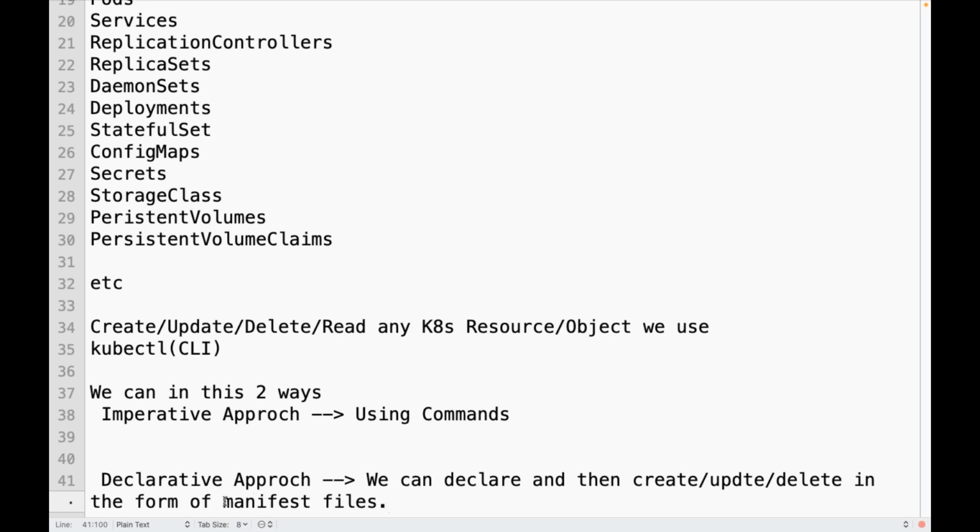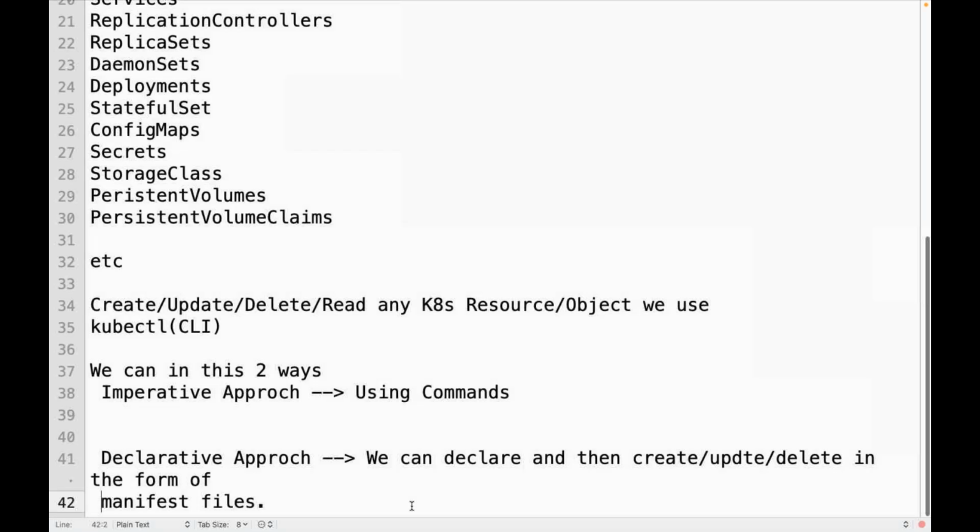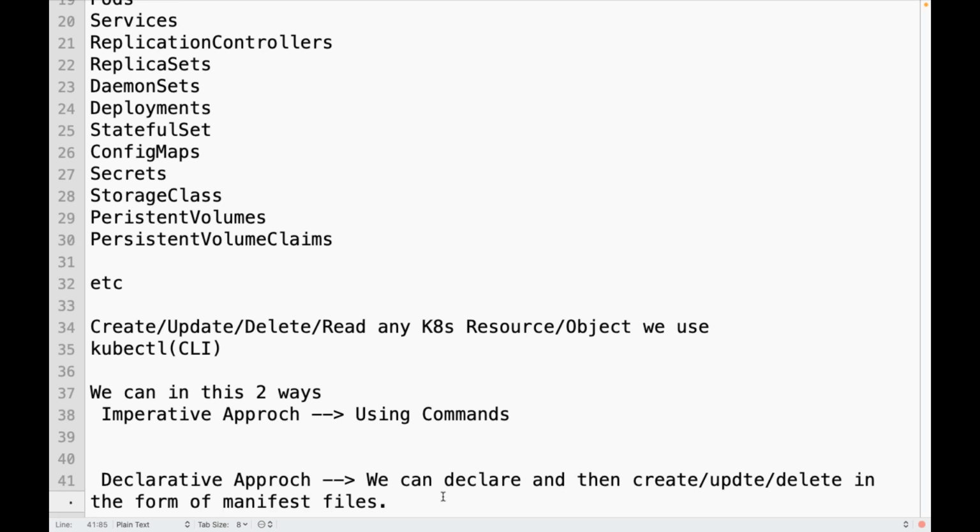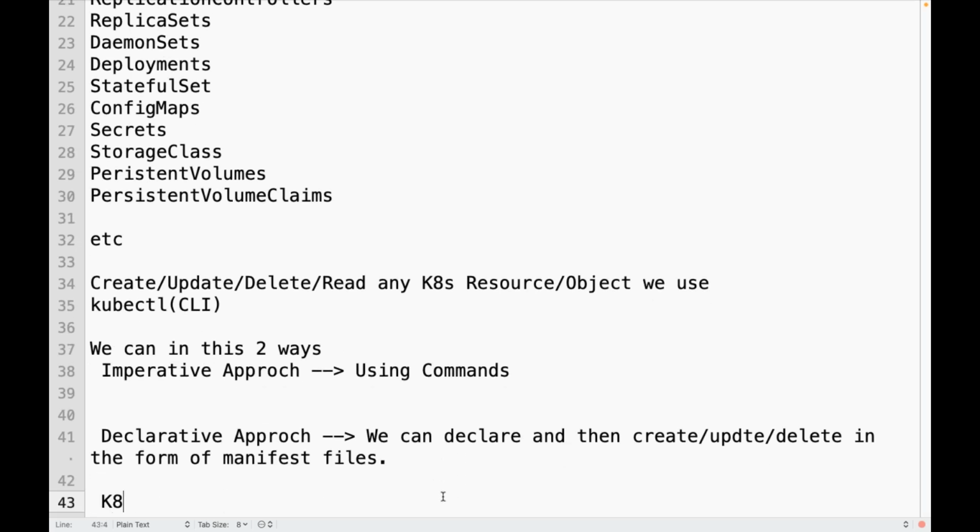What is that manifest file? We call it Kubernetes manifest files. So these manifest files we will write in the form of which one? In the form of